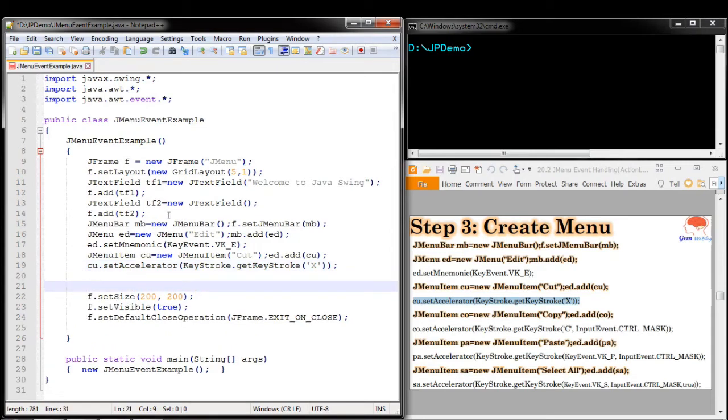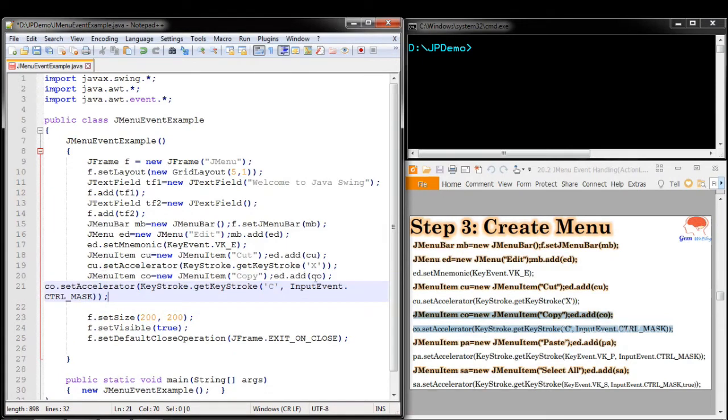Once we created this, we create copy and add the accelerator for copy as Control with C, using the Control mask. Next we create the paste menu item, and add the accelerator P with Control.